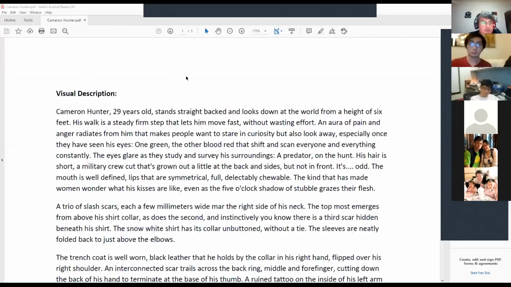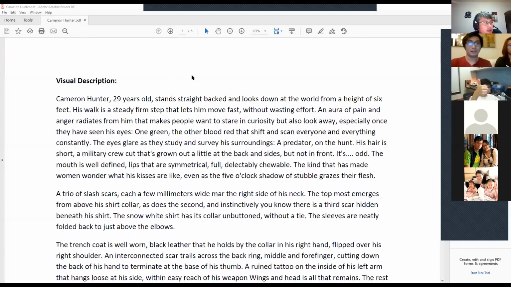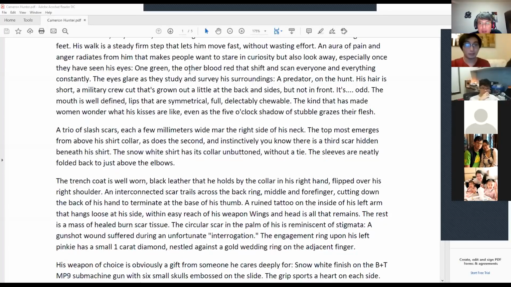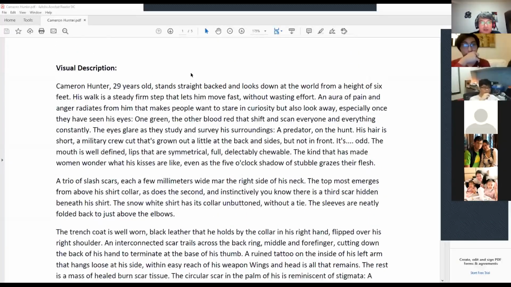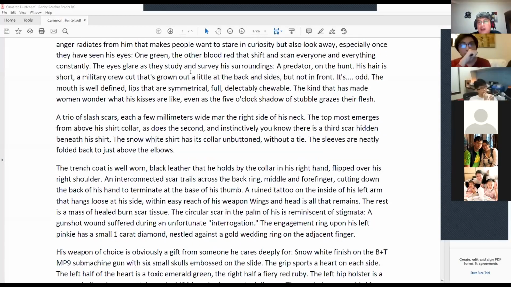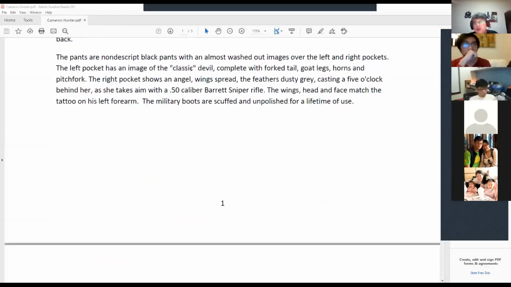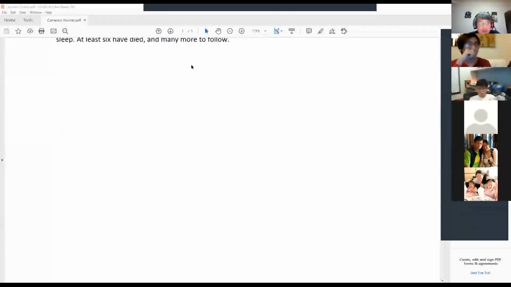Can you all see what is basically a giant wall of text on screen right now in a PDF? Yeah, okay. So this was my description for a character, including his backstory and everything. I'll make this file available to you guys to have a look at. So we're not going to go through and dissect this, all right? But what I want to draw your attention to,